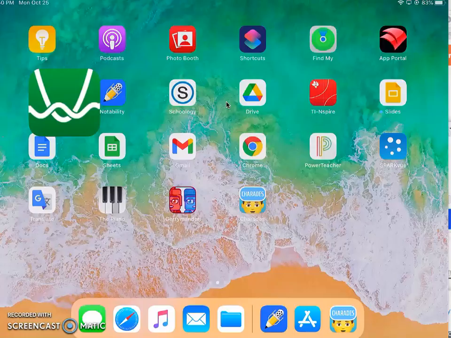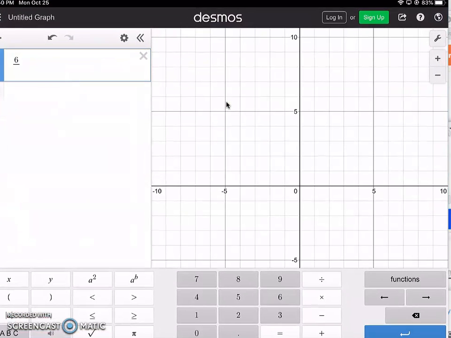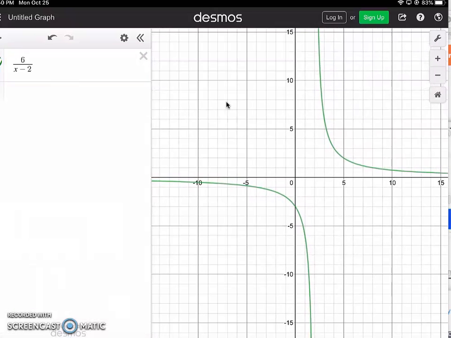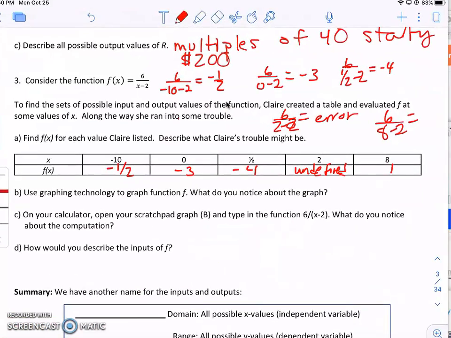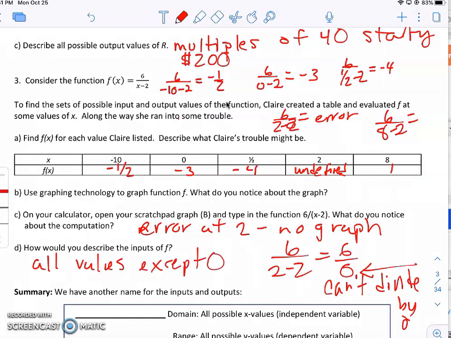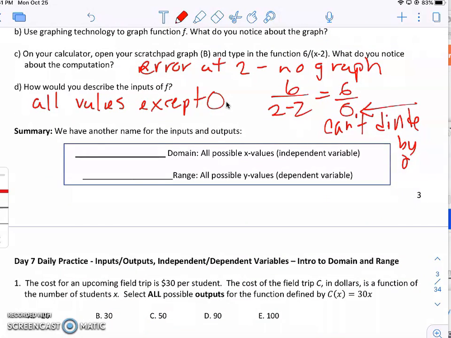Then it said to graph it. So we could go to Desmos here and say 6 divided by x minus 2. And if we look at the graph, there's an error at 2 because there's this big long line there. So when we look at it, there's an error at 2, and there's no graph there. Because when we put in 2, 6 over 2 minus 2, 6 over 0, and we can't divide by 0. So our inputs, all values, except 2. So our domain is our possible inputs, and our range is our possible